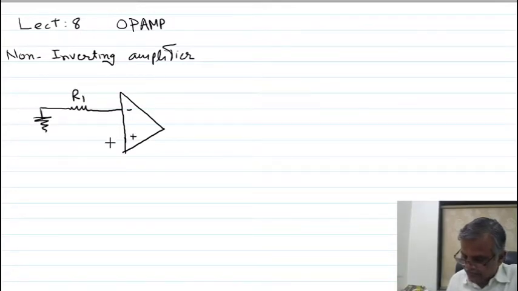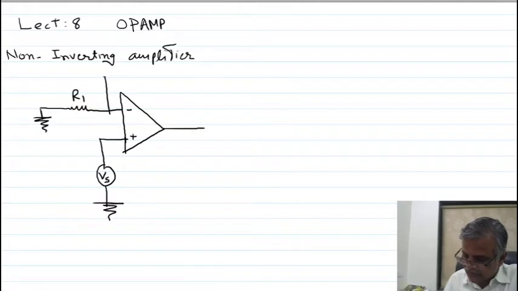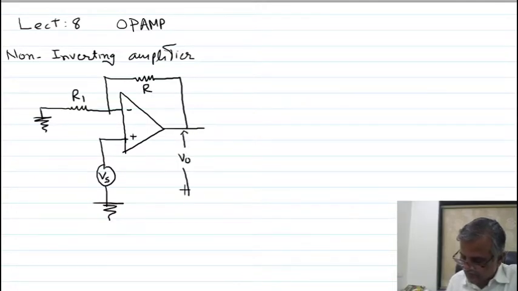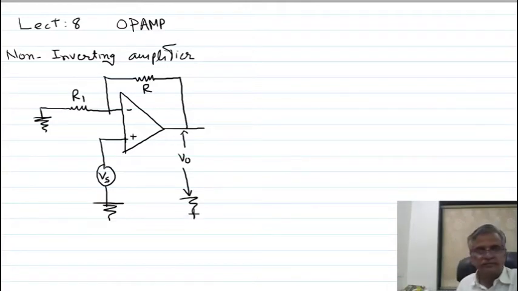This is a ground line. Here you are giving the input signal to the non-inverting terminal. This is your feedback path. In the feedback path the resistance is R. This is your output voltage you are taking. The circuit diagram of the non-inverting amplifier is as shown in the figure. The input is given to the non-inverting terminal. There is a zero phase shift between